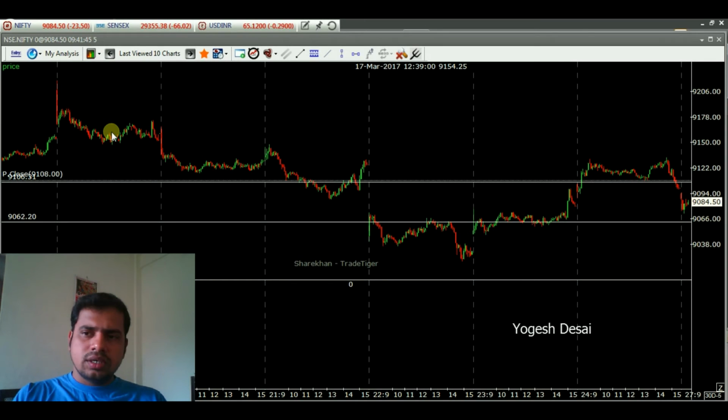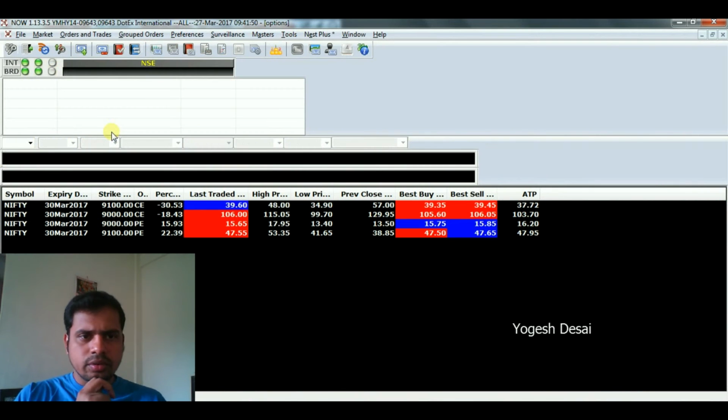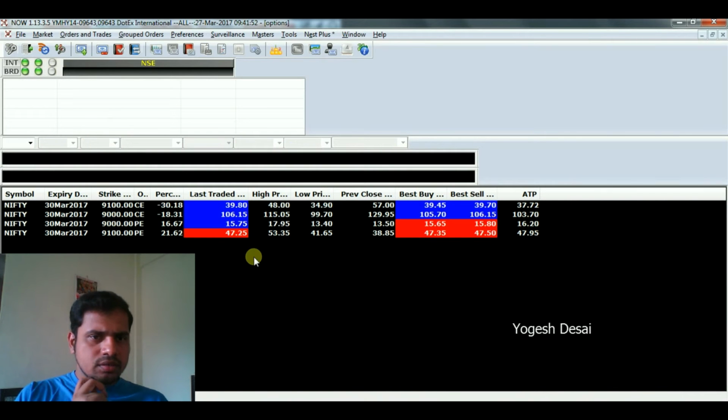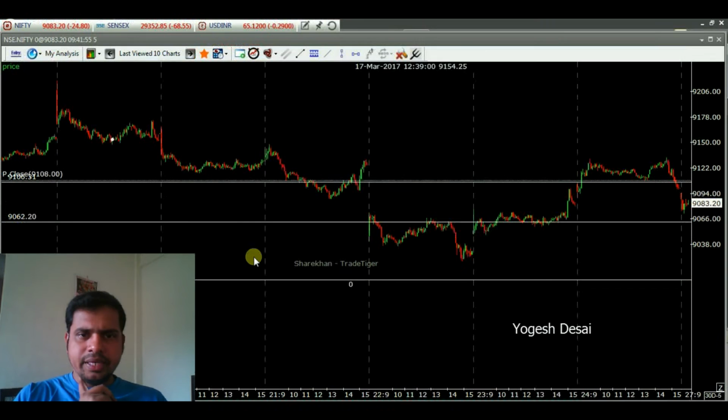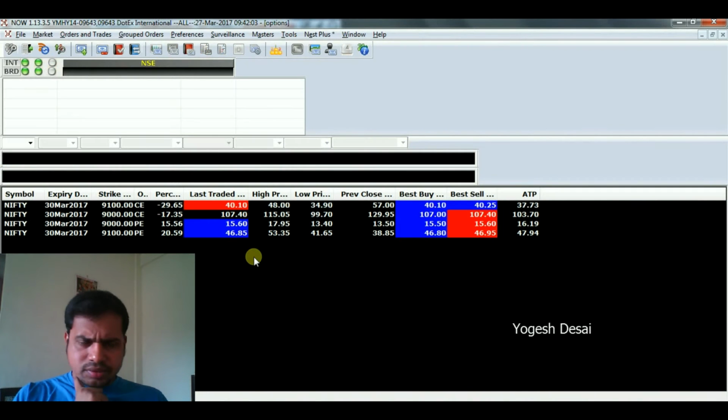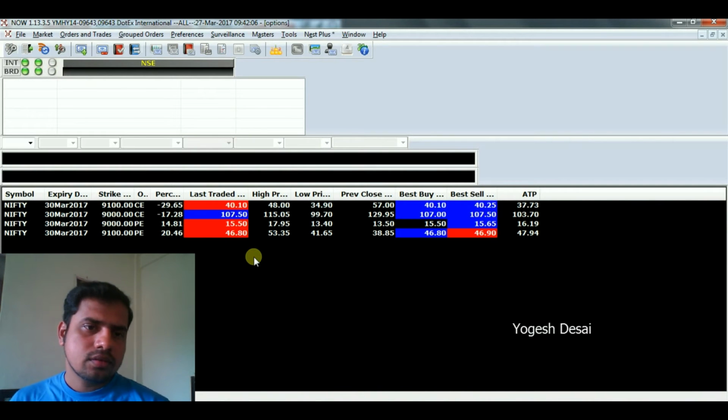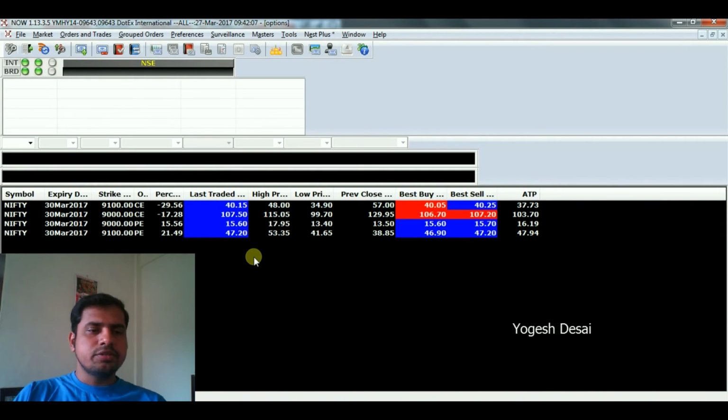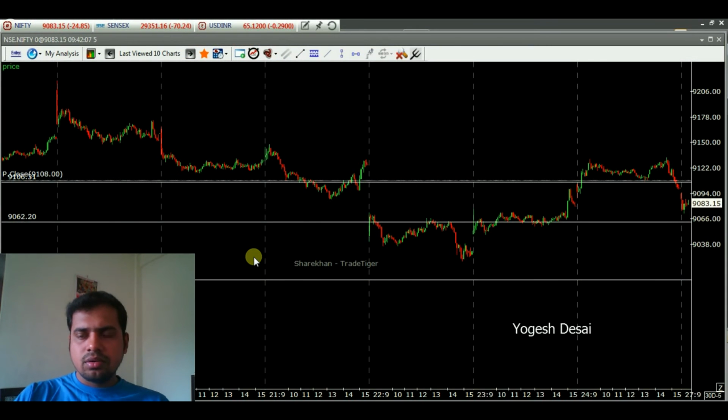of this trade. So I'm looking at buying this put option, 9100 PE, which is at the money option. So मैं यहाँ पे बाय करने की कोशिश करूंगा, इसके लिए I'm looking for an opportunity, the right opportunity to enter the trade. Once I feel like yes, this is the time to enter, and the time to enter into